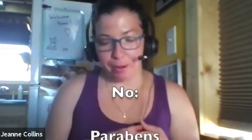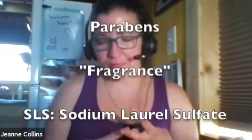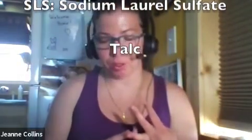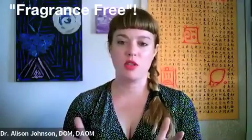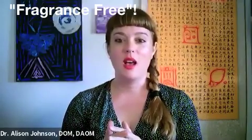So remember, no parabens, no fragrance, no SLS or sodium lauryl sulfate or talc. With the one that I'm really passionate about, I definitely avoid parabens and SLS. And now I'm going to be more attentive to the talc thing. But the fragrance free. If you feel like I just make a baby step, just move your products to fragrance free. You're going to do so much for yourself, and you might even notice, oh man, I don't get